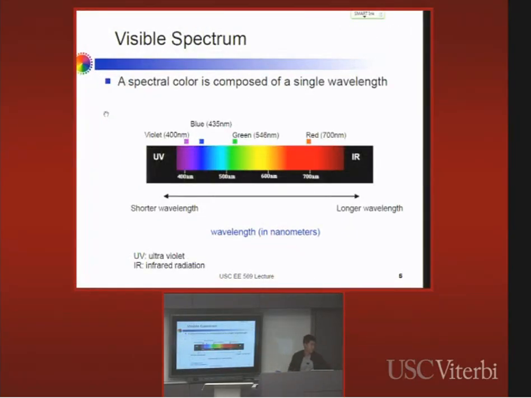And this is the visible spectrum. I believe that's something that everybody probably already knows. So the visible spectrum includes multiple spectral colors, which is defined as a light that is composed of only one single wavelength. And this is the visual spectrum. You can see,